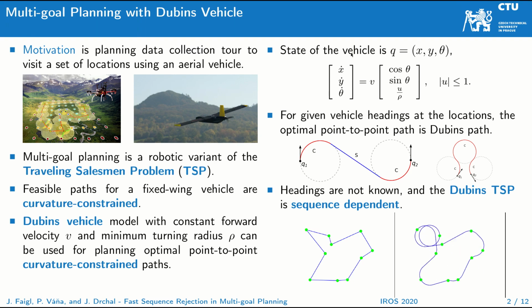For such a vehicle, the state is expressed as a position of the vehicle in a plane and its orientation as the heading angle theta. For given vehicle headings at the locations, the optimal point-to-point path is the Dubins path that can be found analytically using closed-form expressions. However, the headings are not known in the Dubins TSP. Furthermore, the DTSP is sequence dependent, where the optimal path from one location to another location depends on the previously